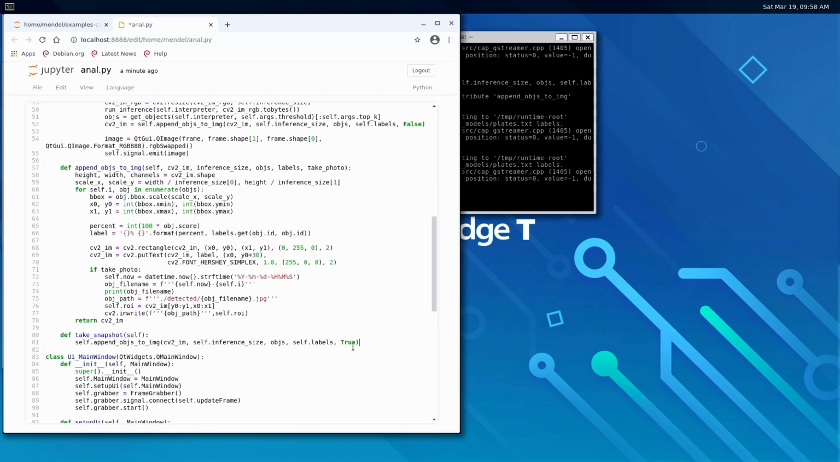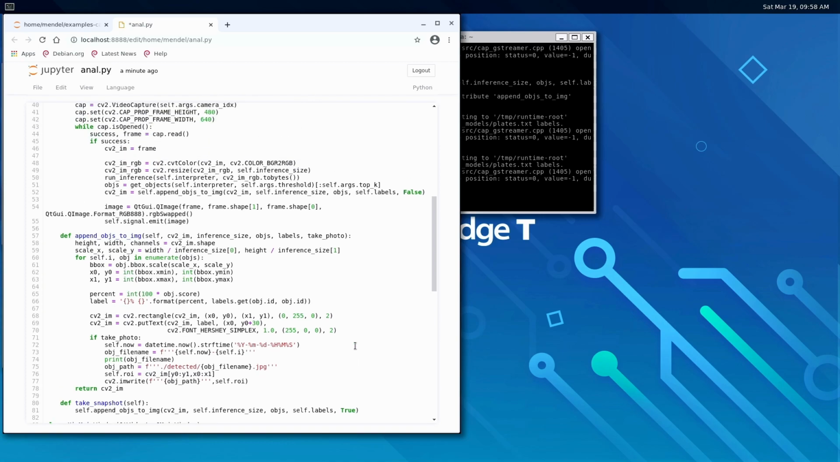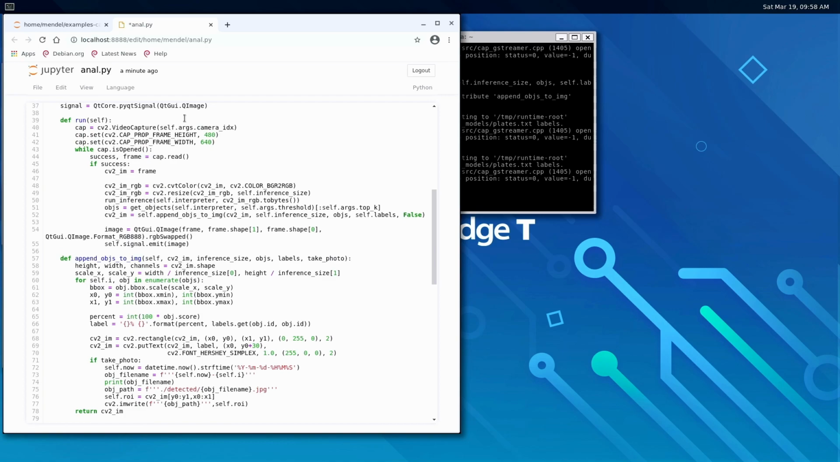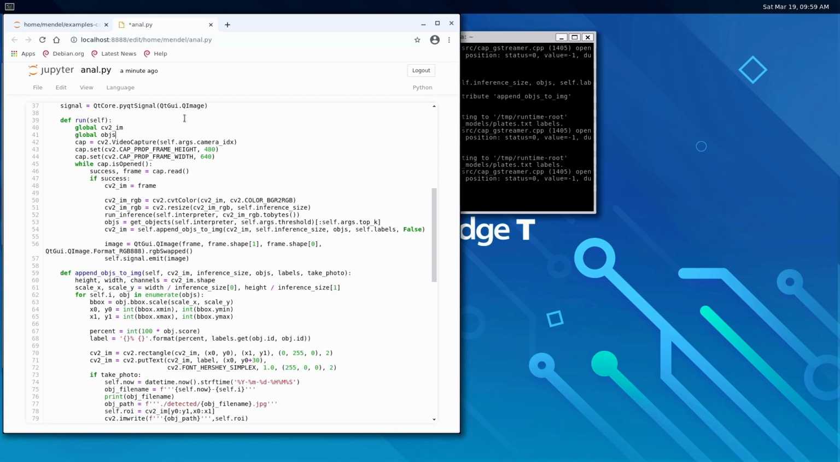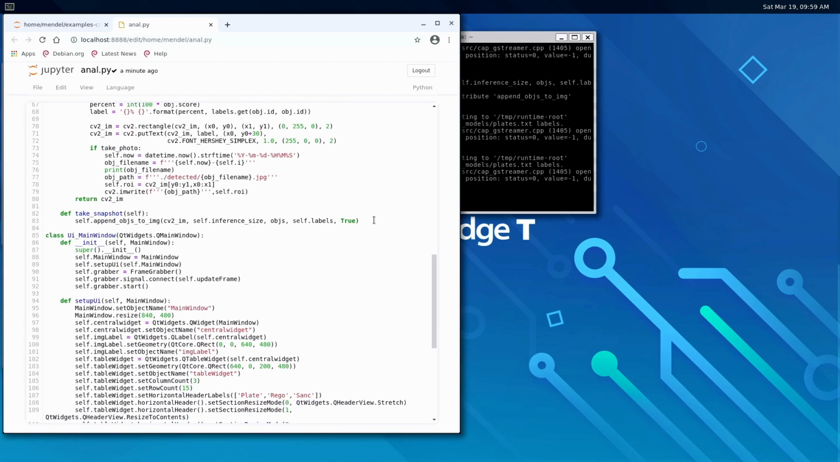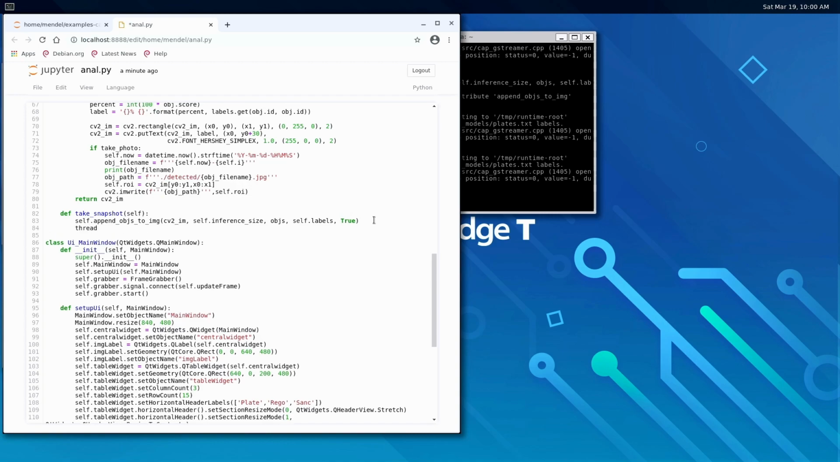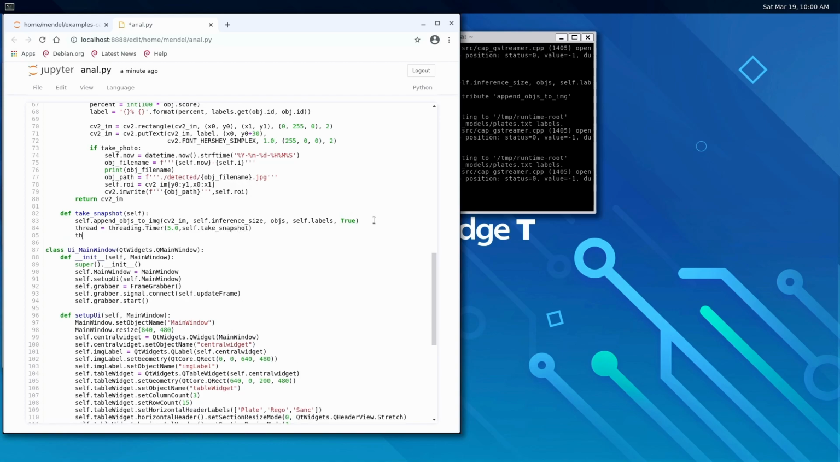I kind of forgot to add self to cv2_im and objects, so I'm just going to be lazy and add these as global variables at the top. And then to call itself every 5 seconds, we'll use the threading timer library for a bit more optimization, which looks like this. thread equals threading.Timer, 5 seconds, self.take_snapshot, thread.daemon equals true,